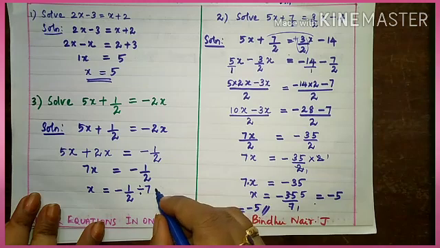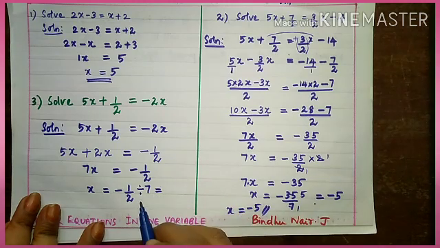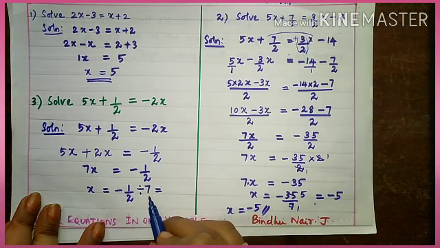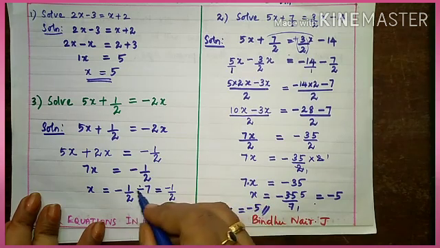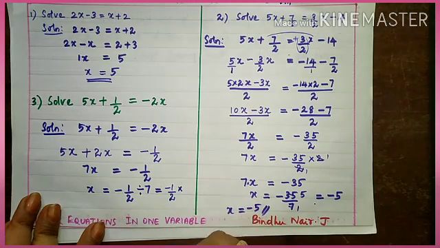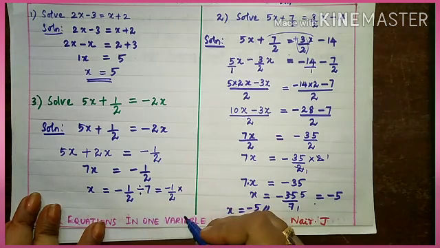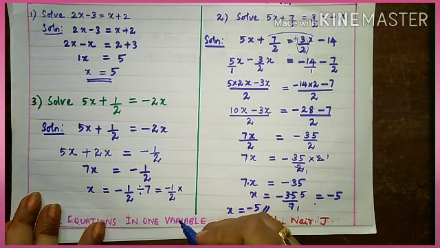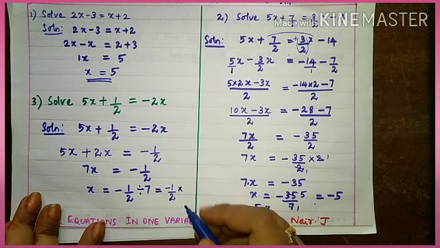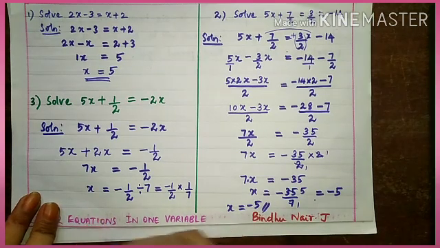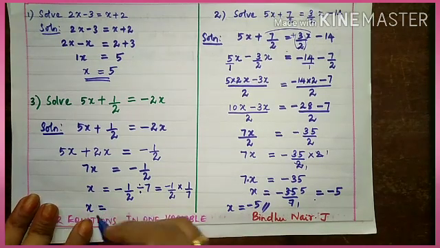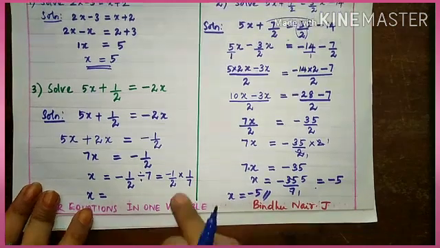Okay, now what we can do? You studied in lower classes. When you convert division into multiplication, the second term is becoming its reciprocal. So minus 1 by 2 first term. This division I made multiplication. What is the reciprocal of 7? 7 means 7 by 1. So its reciprocal is 1 by 7. Okay children? Yes. So next step, x is equal to, yes, say all of you.